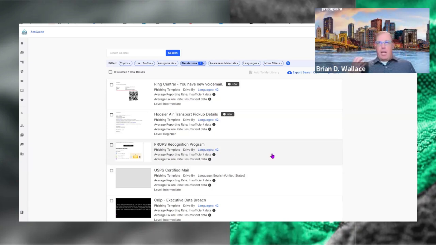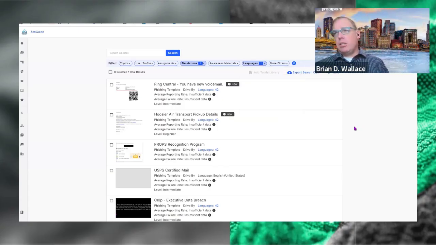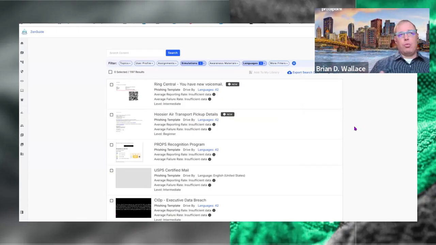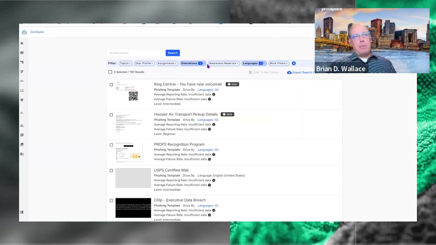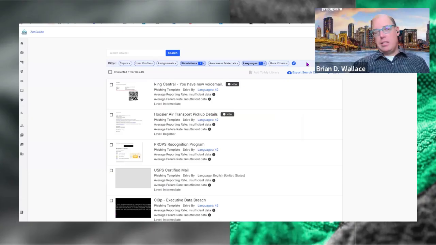Just remember that as of today, you're still going to have to create individual phishing campaigns for each language. Now, that may change in the future, but for now, that is something that you have to kind of keep in mind. So with that being said, for me, I'm going to look at just selecting English US just to kind of get rid of any additional clutter. So that's going to give me all my English US templates as well as any of the templates that English would be part of. From this perspective, right, looking at the right-hand side of the filters, we are done. There's nothing else that you need to look at, and we can sort of move on to the left-hand side.